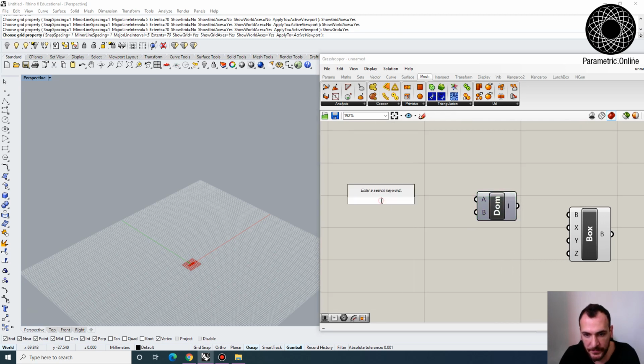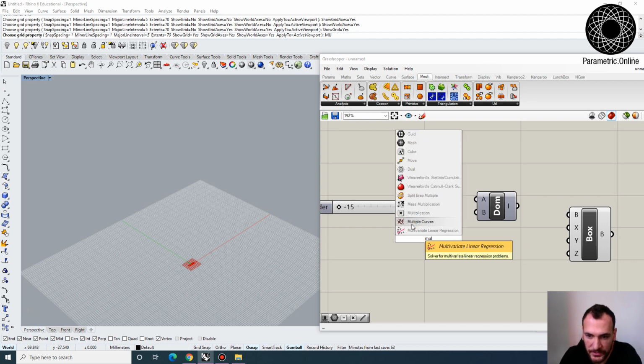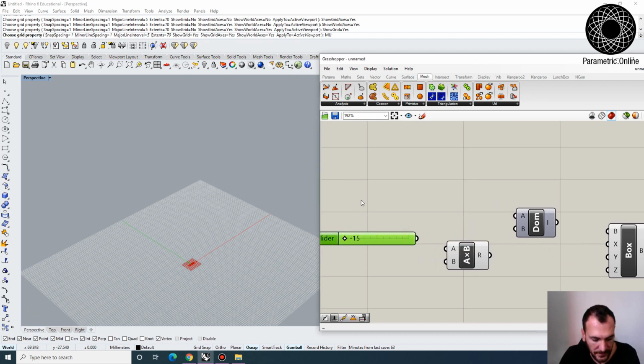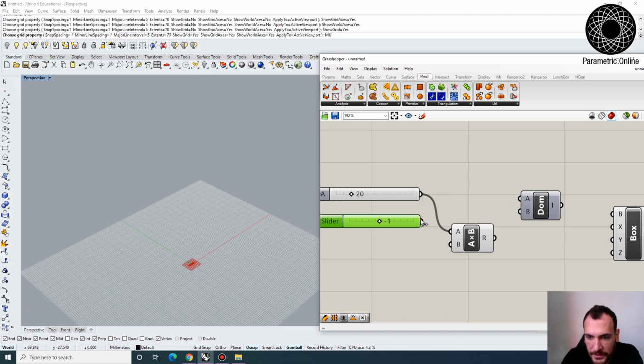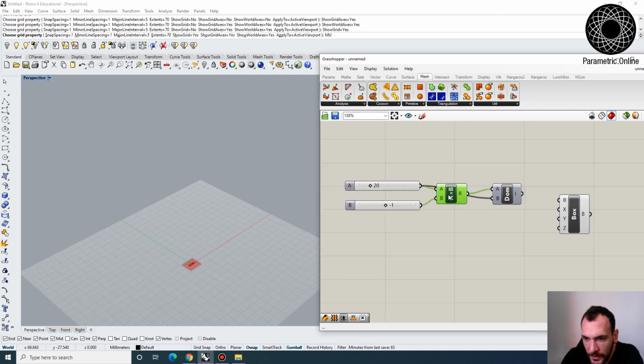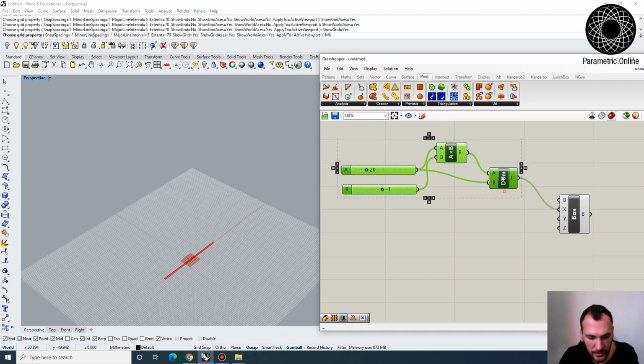And we can define, let's say the center is located in the middle, and we can define an interval, let's say minus 15 to 15. If you want to make it symmetrical, you can also multiply some positive value, let's say up to 20, with negative 1. So we can start with the negative value, and we can go to the positive value, and this will specify the x dimension, and we can also make one for the y,